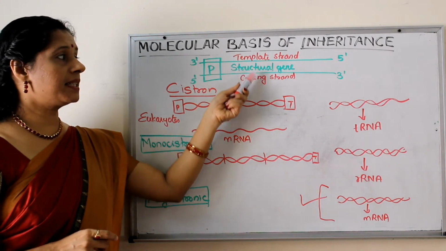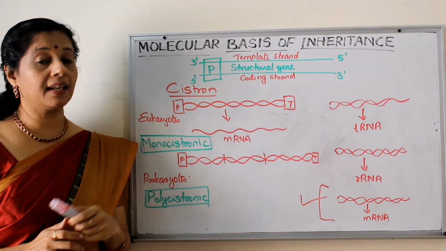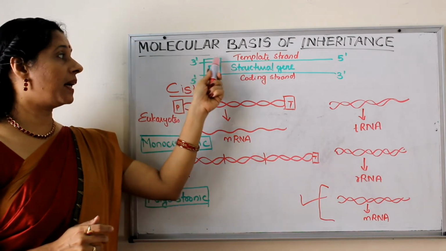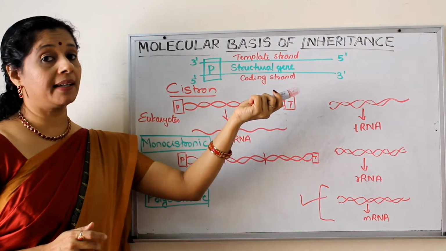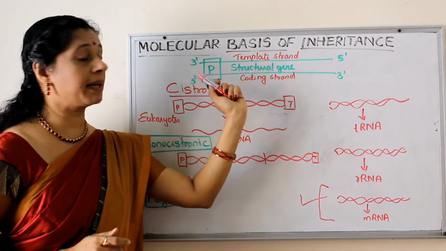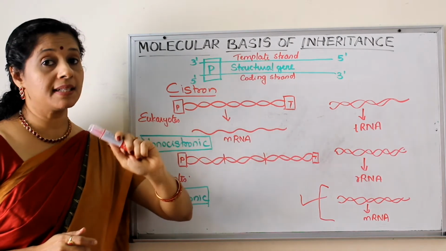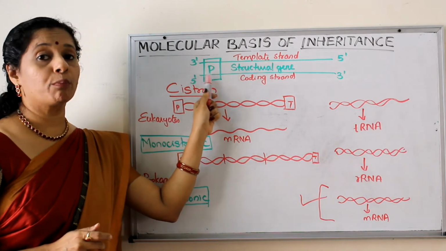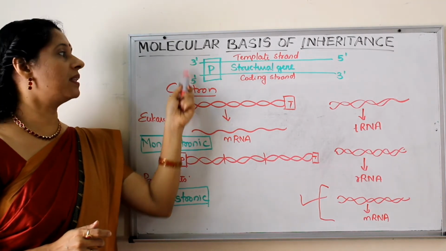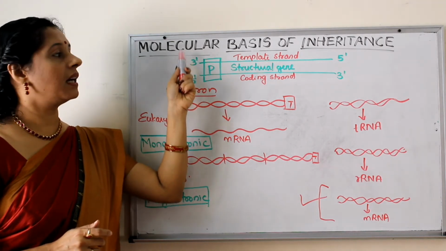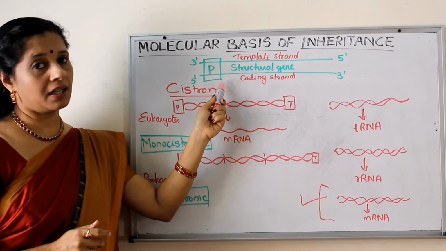And in structural gene, as we mentioned, two strands are there, the template strand, the one with the polarity 3' to 5'. So which is determining the polarity? We cannot say I can read 5' to 3' also. But what is determining the polarity? The presence of promoter. Promoter is present at the 5' end of the coding strand. So this is the 3' end of the template strand. Here is the coding strand. Understood?